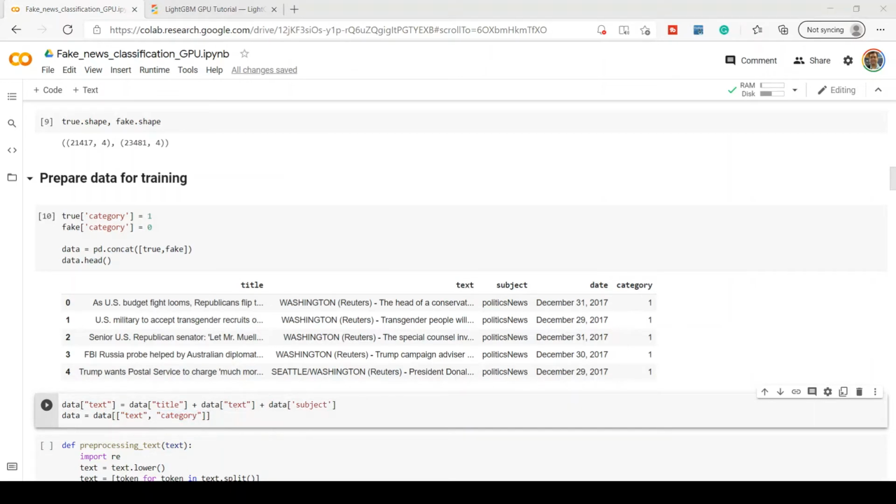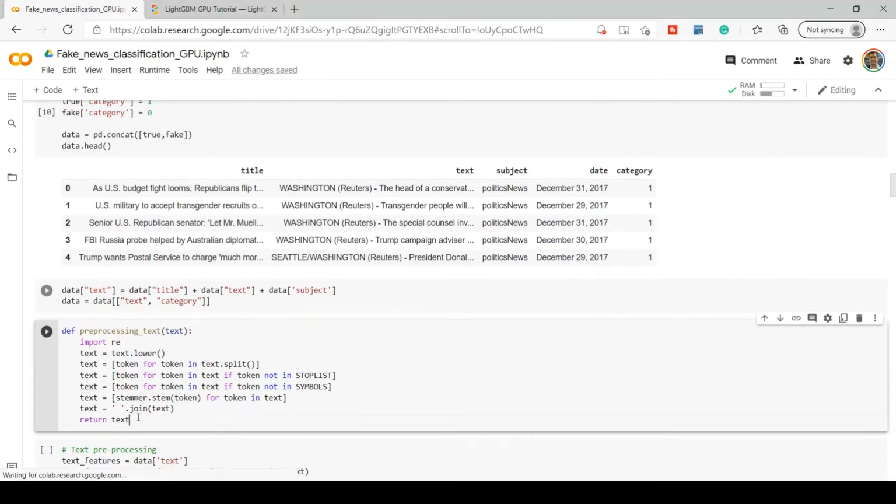Now in the next set of activities we will be performing some pre-processing so that my data would be clean for model training and for the feature generation process. Here I have written a very small pre-processing function which will perform a few activities required for cleaning up our text dataset so that you'd be able to generate important features based on the cleaned text data.